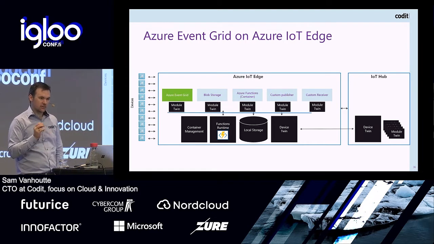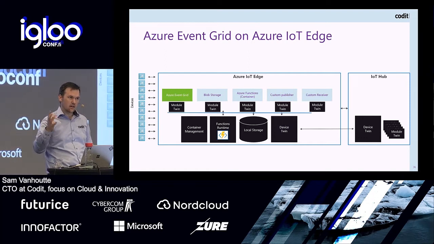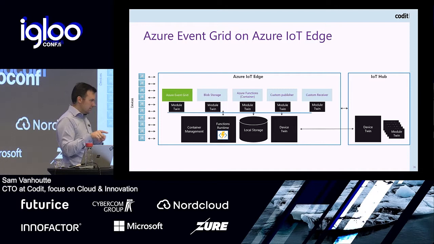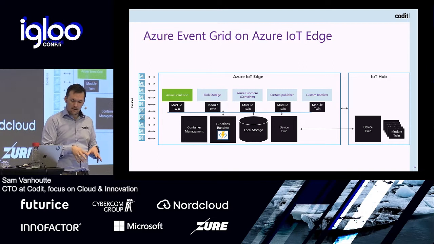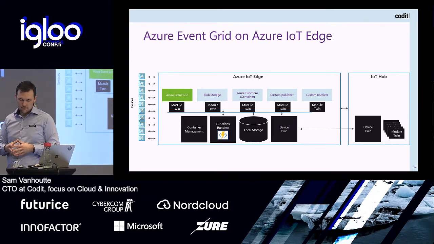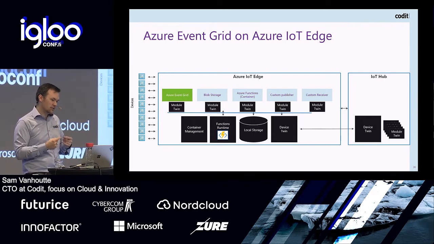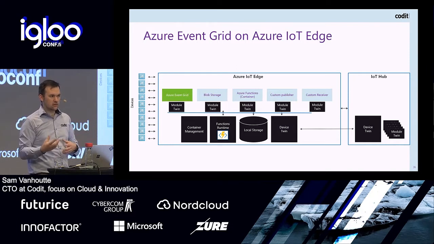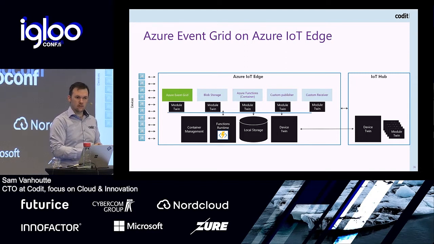Now, what is important is that for Azure Event Grid itself, they also have created a container, and that container can be running on your local device. This allows you, for IoT Edge, to have Event Grid working as a publisher and as a receiver on the edge. One thing that I have some problems with is when to use Azure Event Grid on the edge to do the routing between all these modules, versus when would I use the standard routing mechanisms that Martin will definitely talk about.